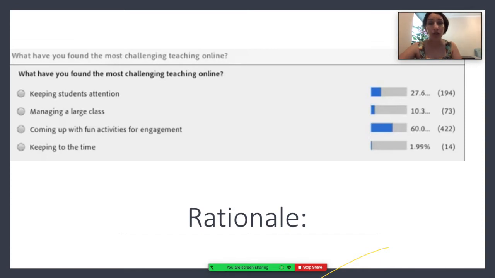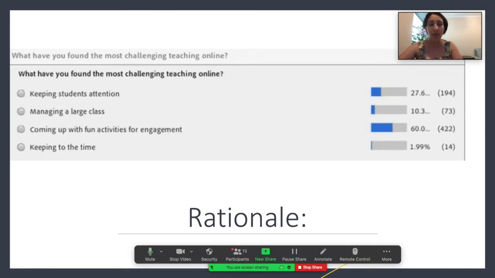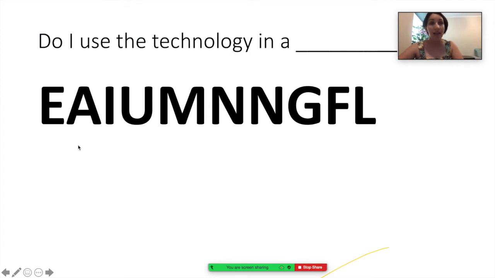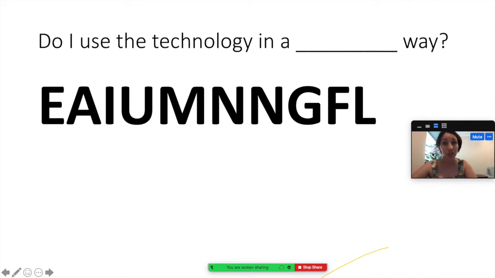But no, contrary to my belief and expectations, the majority, as you can see, more than 60%, said that they have problems coming up with fun and engaging activities. And I was surprised, because how come? I mean, the online environment is already fun and engaging, but apparently there is something that we do wrong that prevents us from making the activity interesting.